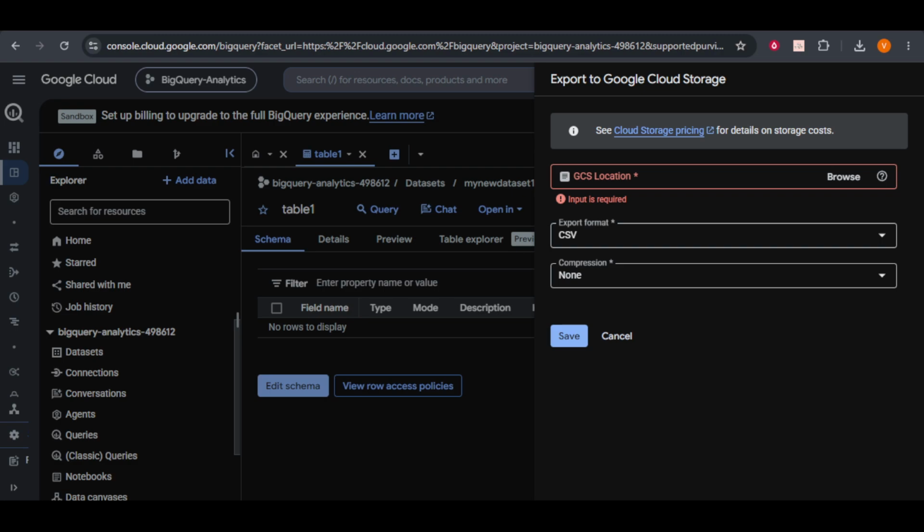This streamlined process enables you to manage your data more effectively and paves the way for more in-depth analysis or